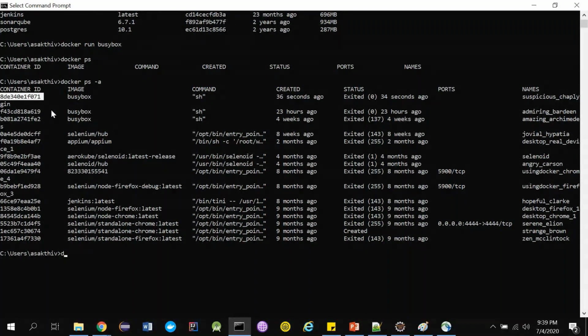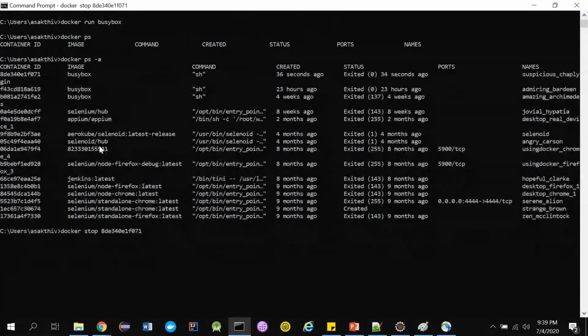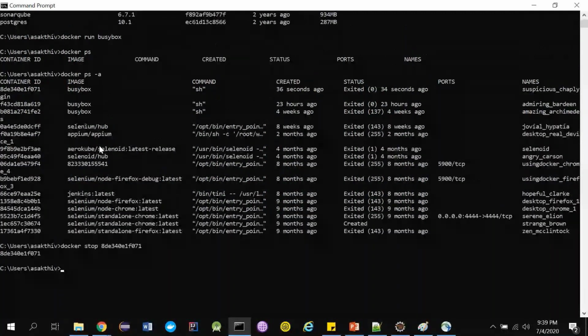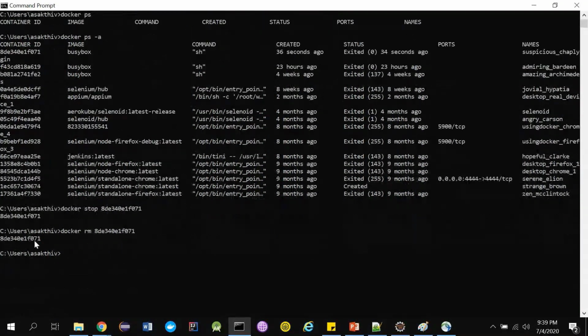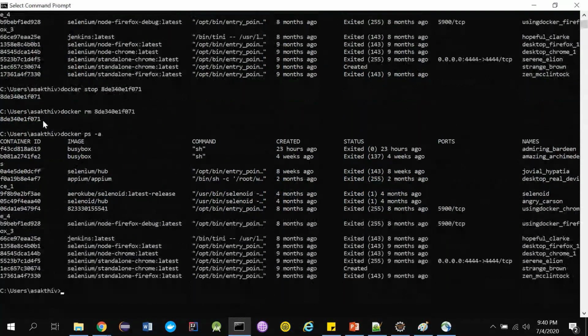Basically you can directly use docker rm, but it will forcefully kill your container. So you can gracefully stop your container using the docker stop command. I'm using docker stop. So it's been stopped. Suppose I want to remove this container now, I can do docker rm. If it prints the container ID back, guys, it means it's been removed successfully. To check it again, I can type docker ps hyphen a. This time I don't see the container ID starting with 8D.